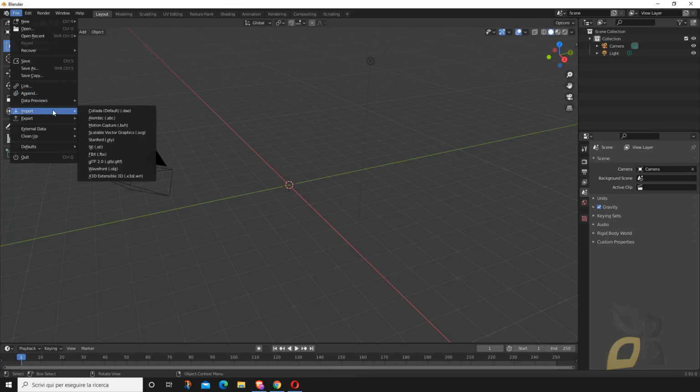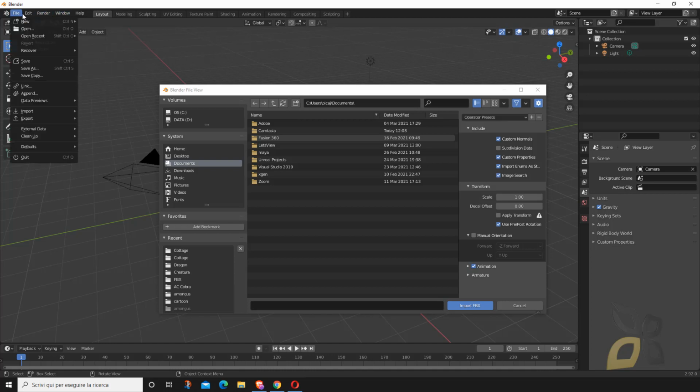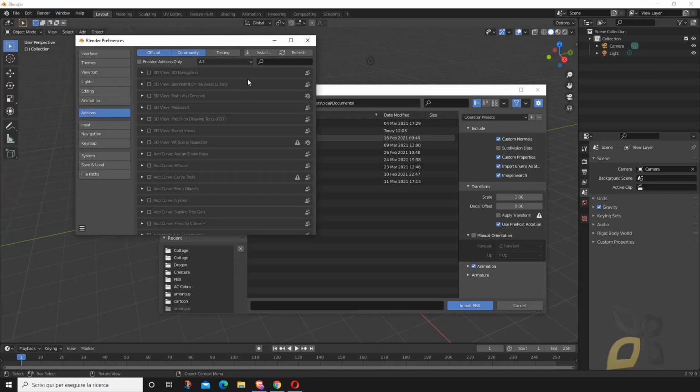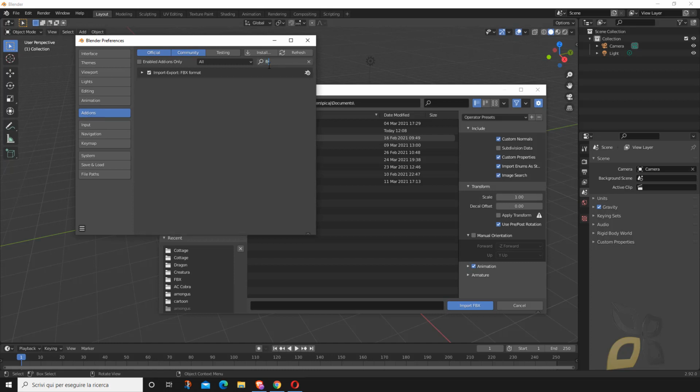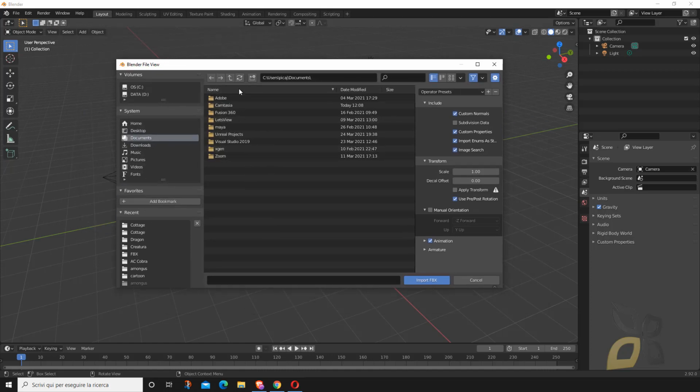So if you go to import and go to FBX, and by the way, if you are using Blender, you also need to activate the FBX add-on. So go to edit, preferences, add-ons, search for FBX, and activate this import-export FBX format, otherwise you will not be able to import it.